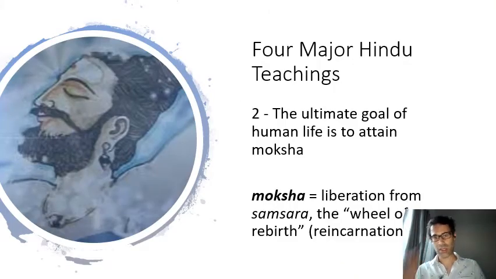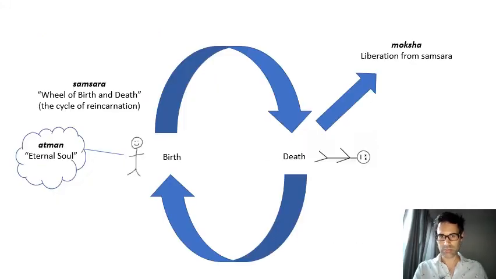Second teaching, the ultimate goal of human life is to attain moksha. And moksha is the Vedic Sanskrit word for liberation from samsara, or the wheel of rebirth or reincarnation. So let's take a look at this diagram. According to a text referred to as the Upanishads, which will then influence other later texts like the Bhagavad Gita,